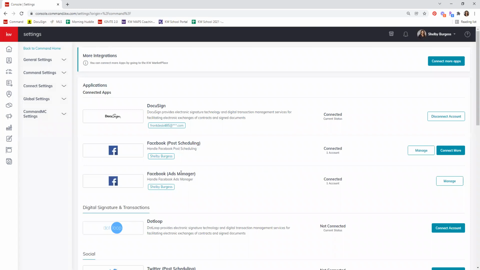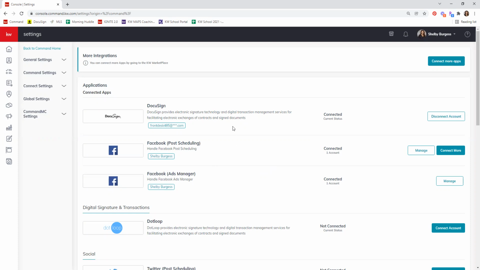When I'm in Command, I don't like to do a whole lot of bouncing around. So I don't want to get to where I'm trying to post something and realize that I need to go into my settings. If you do this ahead of time, that really alleviates it. It makes it a little bit smoother and a lot less frustrating for you working in Command. So step two for this, I need to find my images that I want to use for my